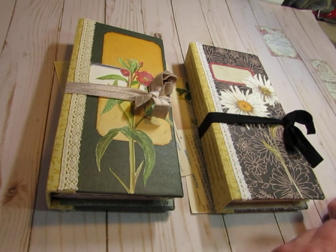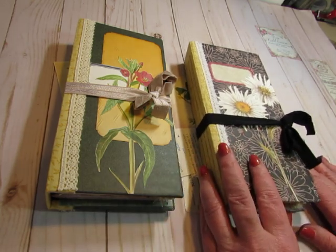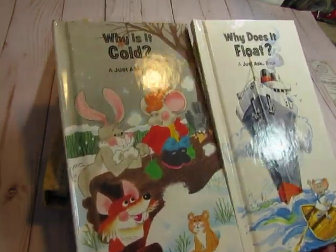But I just kind of worked on these in between, and I kept them very, very simple, so it didn't take me too long to complete them. The covers were already done. And I just want to point out that these covers were made from these books, Weekly Reader, Just Ask books,